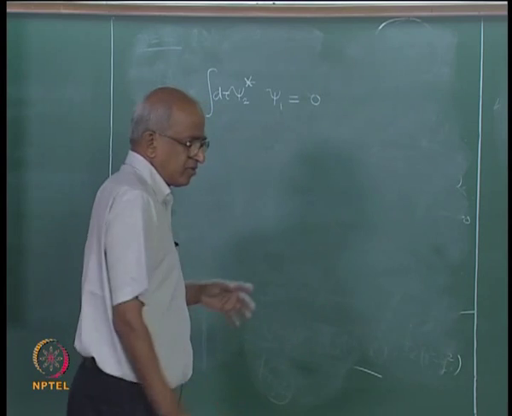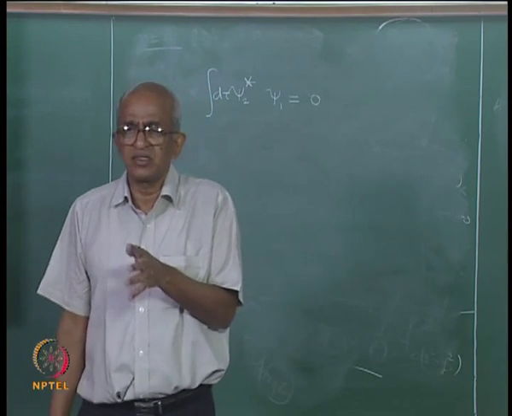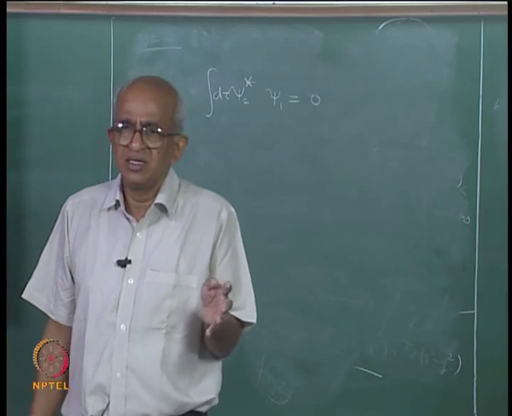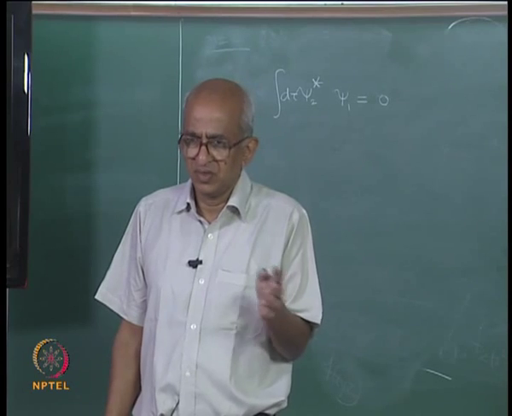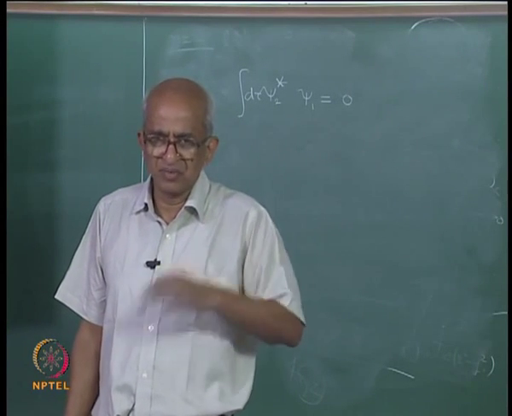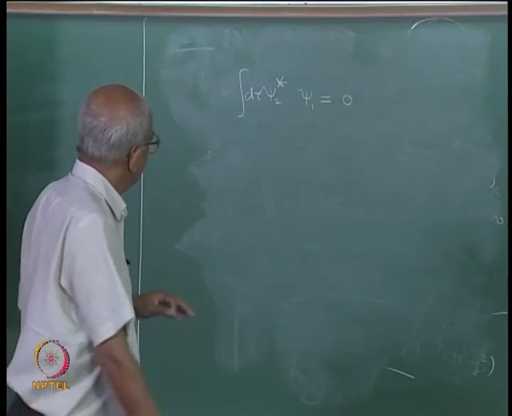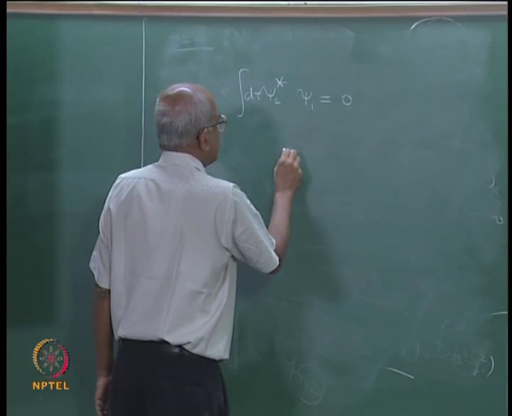We have also, in our postulates, said that any operator that occurs in quantum mechanics has to be a Hermitian operator. We made that postulate. In fact, this was actually a part of the postulate. So, what is a Hermitian operator? The Hermitian operator is an operator, let me say A,